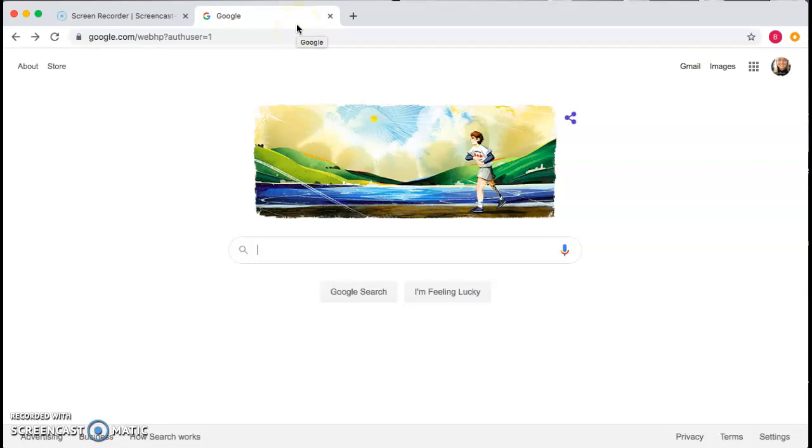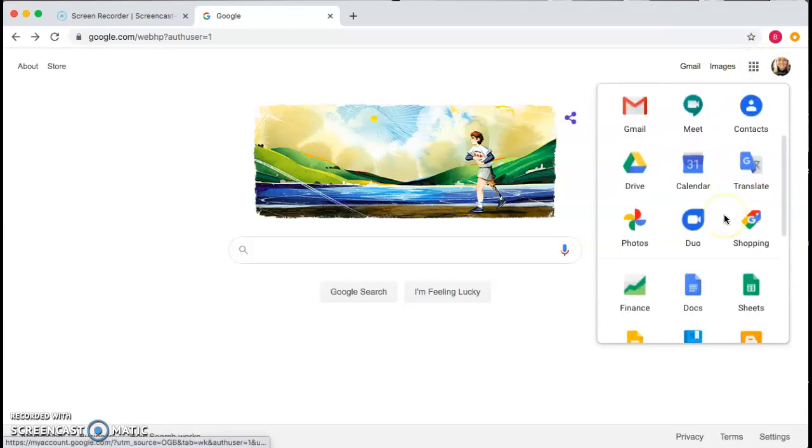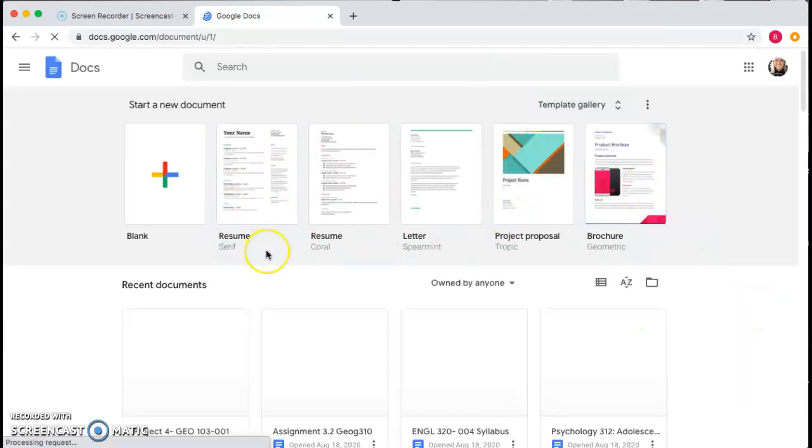Today we'll be going over how to use Google Drive, and in that we'll learn how to do Google Docs, Google Sheets, Google Draw, Google Slides, and Google Forms. So first you'll make sure you're logged into your Google account, as I am up here, and then you'll go to the little drop down menu, scroll down to Google Docs, then it brings up My Google Docs,